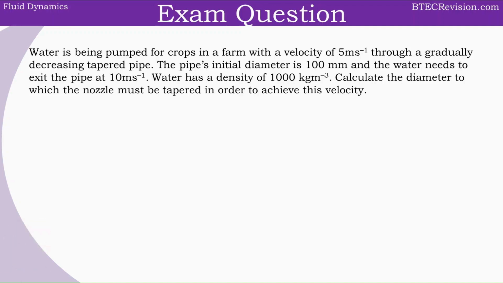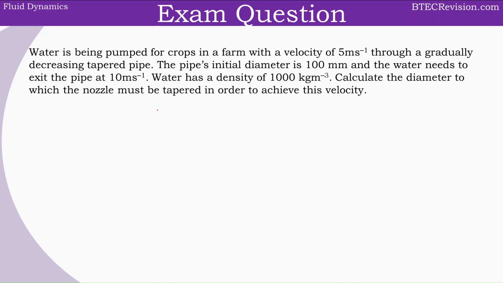So the first thing we should do is write down the values that we have. And even if you don't know straight away what we need to do, if we start by writing down what we have, then we can work out what we don't have. And from there, we can sort out a solution. So the first thing we'll write down